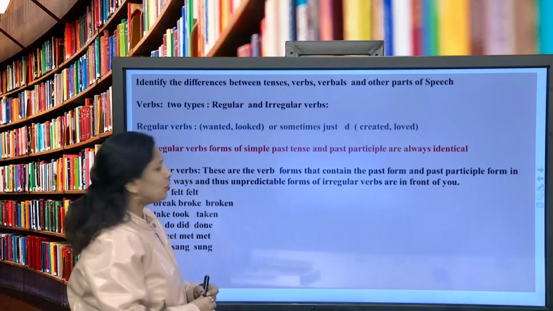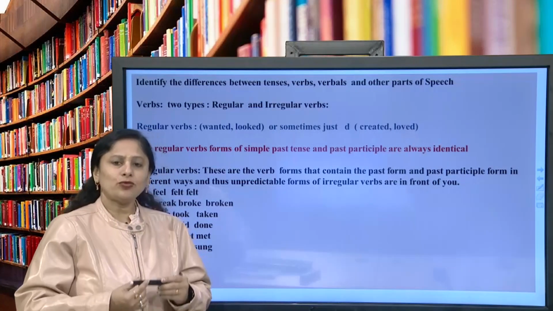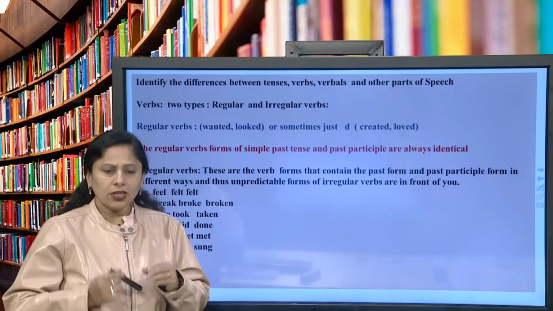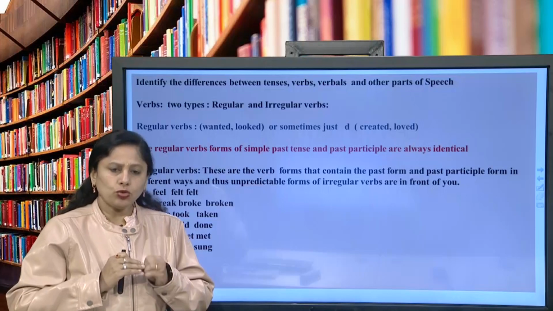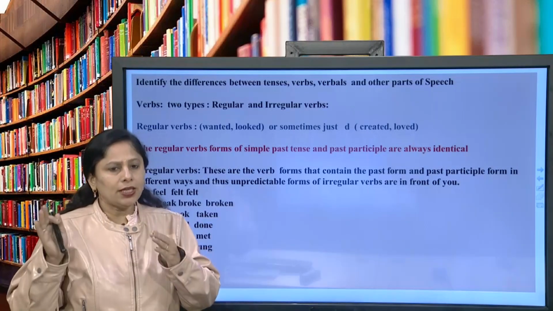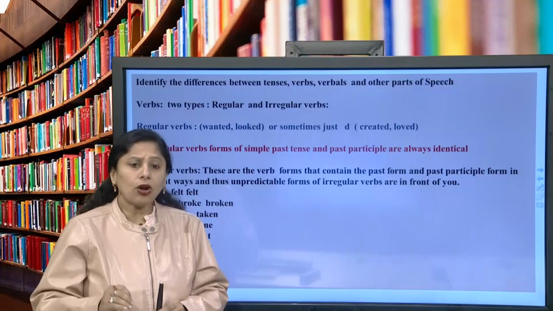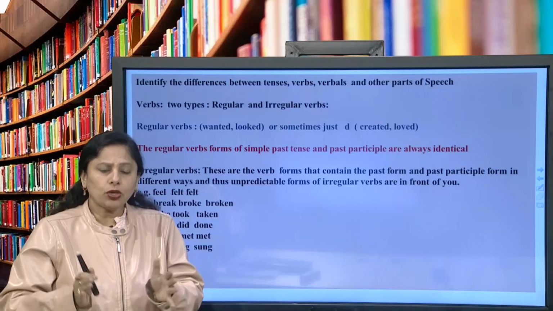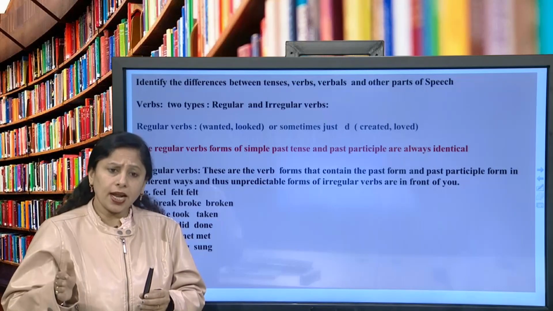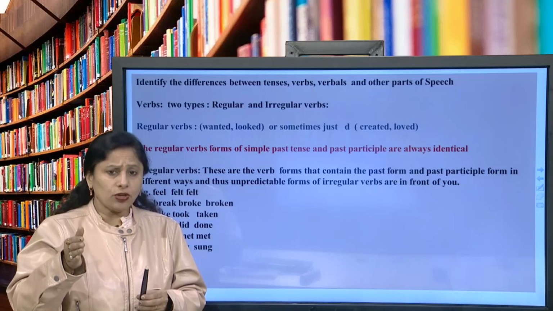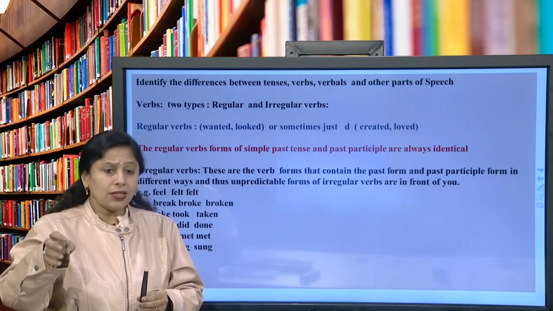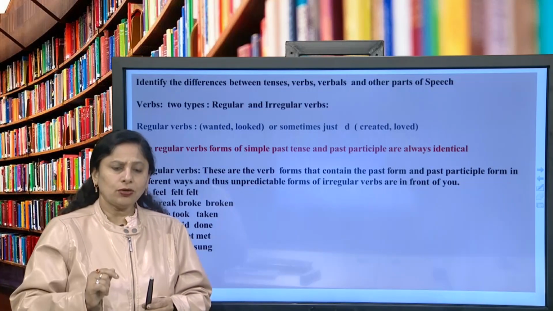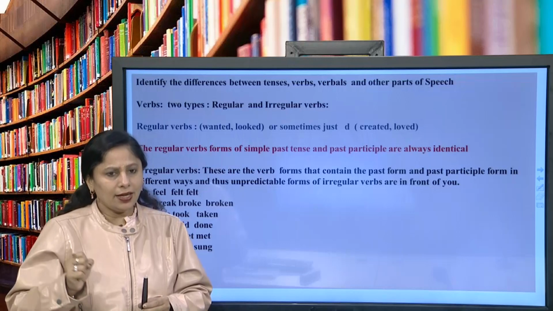Look, here we are supposed to study the tenses, verbs and verbals and other parts of speech. There are two types of verbs in general that you are supposed to understand, the transitive verbs and intransitive verbs, but they are already discussed during your schooling and right now we are going to focus on the regular verbs and irregular verbs because these kinds of verbs are related with the verbals and they are going to be the parts of speech. So you are going to focus on regular verbs and irregular verbs.